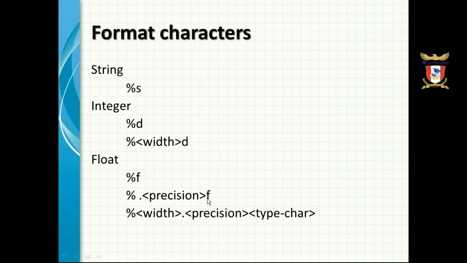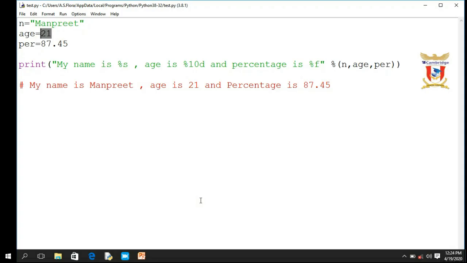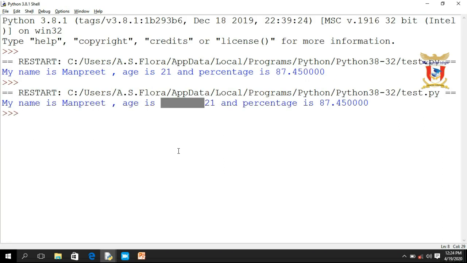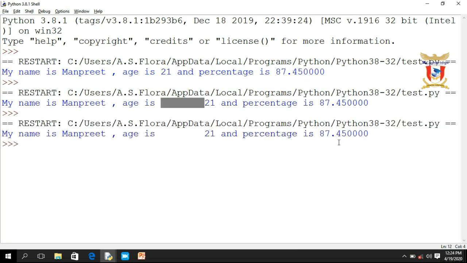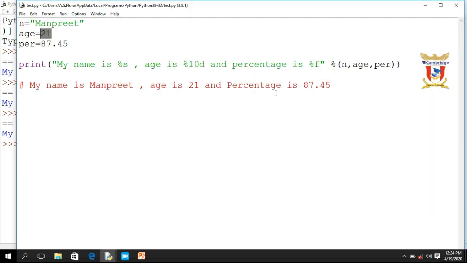And in the same way, while using a float value, you can also use a precision value with the float symbol. That means if you specify dot precision then f, it will decide the number of decimal places that you want to display. For example, by default, when you run this code, the system shows 6 decimal places.